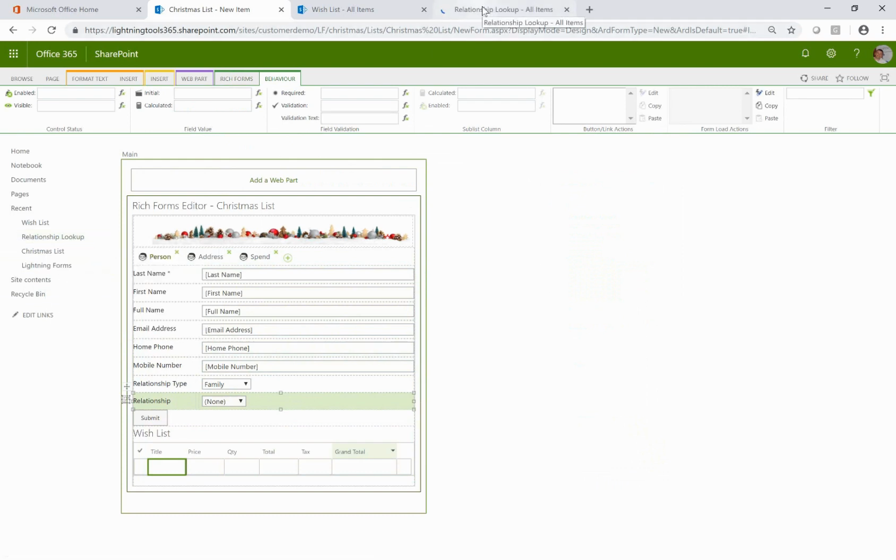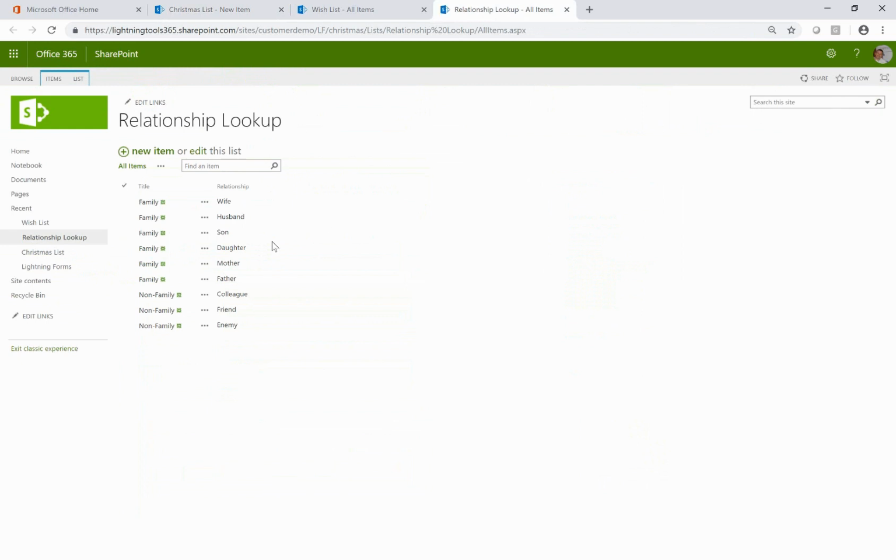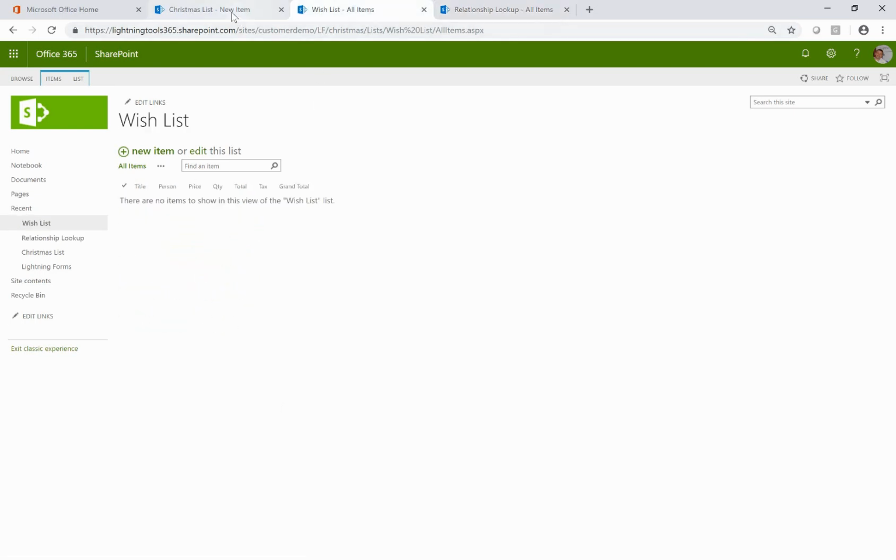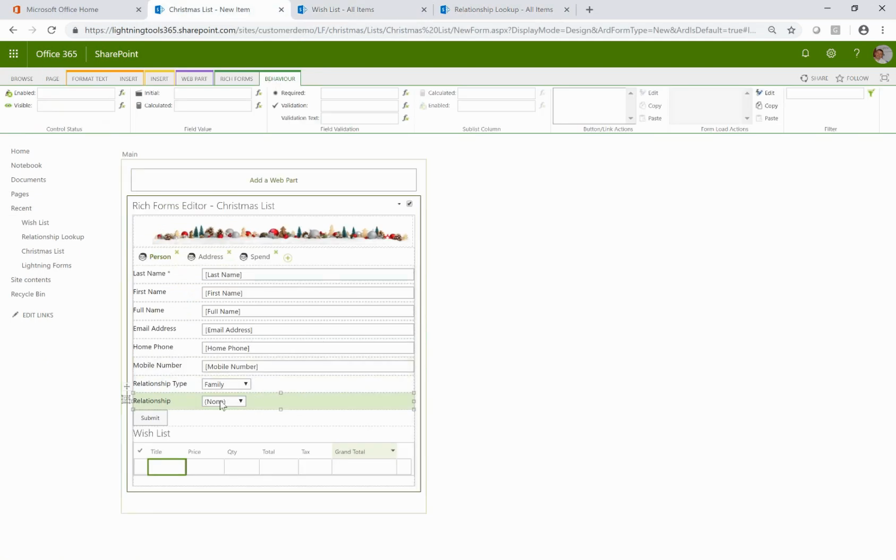I've basically just got a simple mapping list here. So you can see family is made up of wife, husband, son, daughter, mother, father, and then we've got non-family, which is colleague, friend, enemy. So all I'm going to do there is look up, or I am already looking up from this column here, but I'm going to filter based on my title column. So as we go back, we'll take the relationship, click onto the filter,